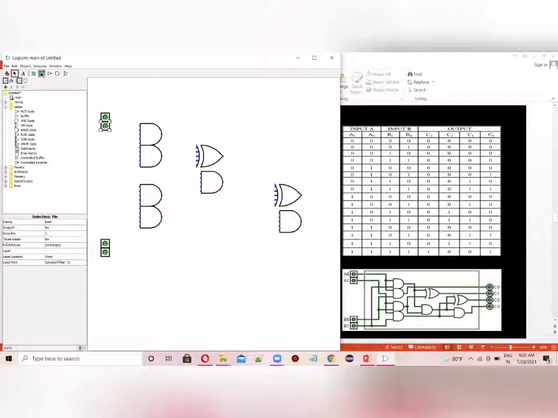So now let's take the outputs. There are altogether 4 outputs now. So I'll take the 4 outputs here: 1, 2, 3. And the 4th output is here. I have taken the 4 outputs here. Okay, now it's done.